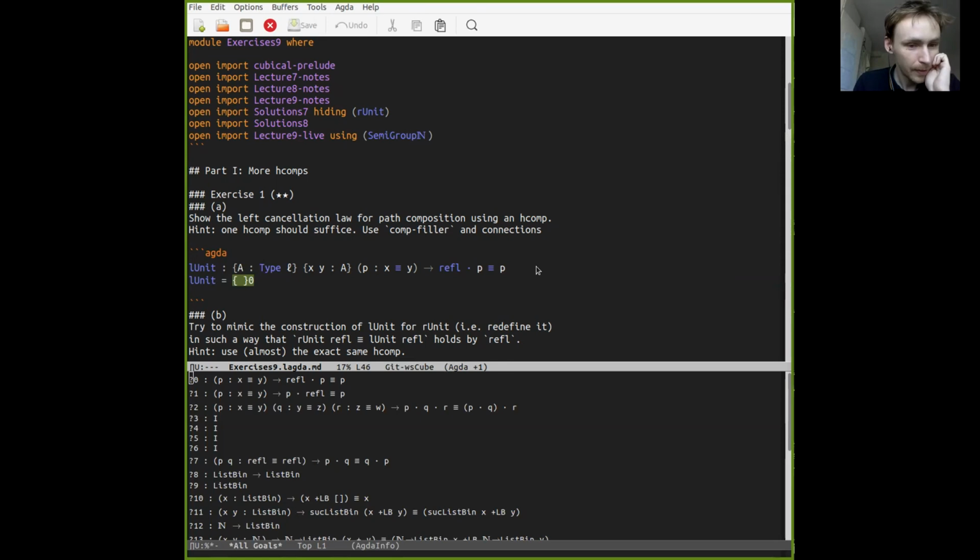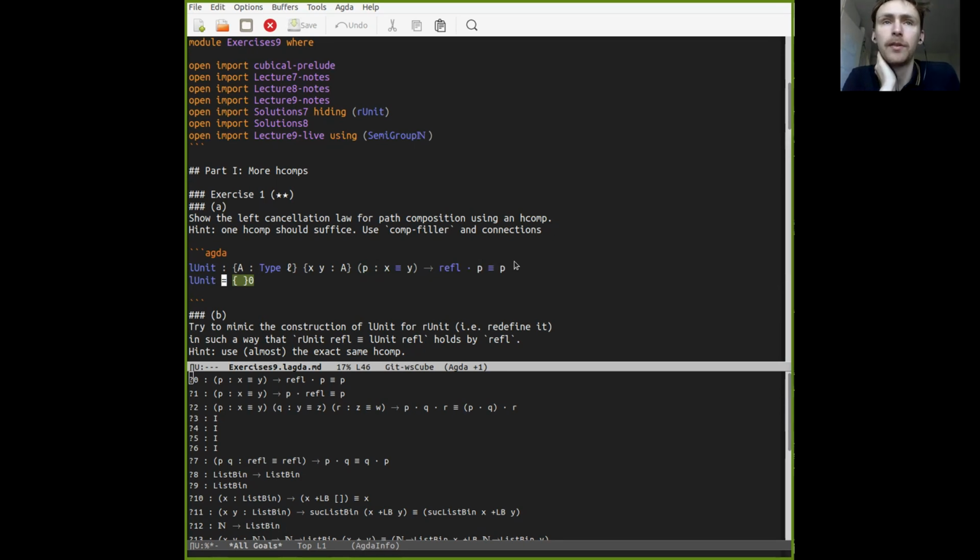Well, let me do exercise 1 and 2, and then there's a really hard one that I threw in for the people who love HComps. But we can skip that one, and then we're going to go to the HIT one. Okay, so I don't think we have proved this left unit law for path composition. So we want to prove that for a path P from X to Y, refl composed with P is equal to P. Okay, and I think Max showed you how to do this for composition with refl on the right, but